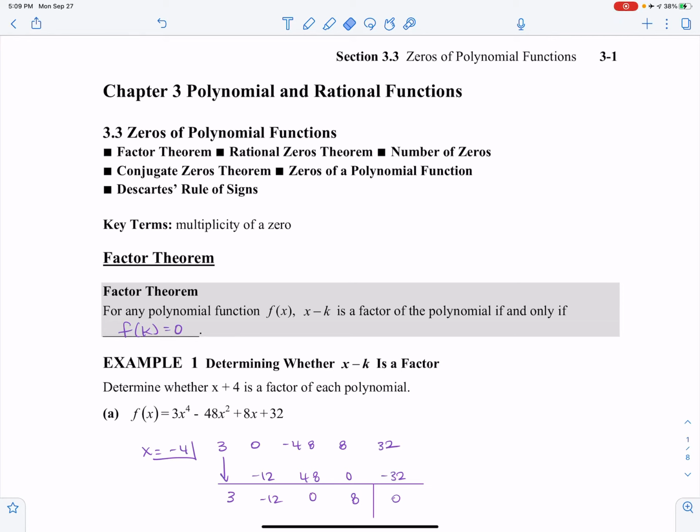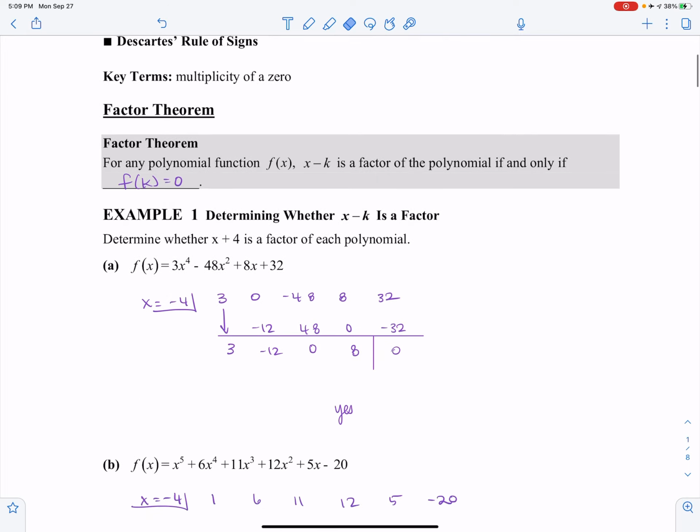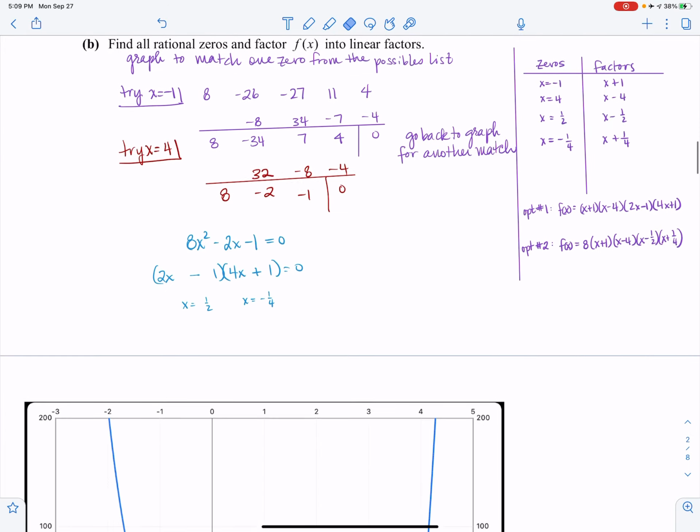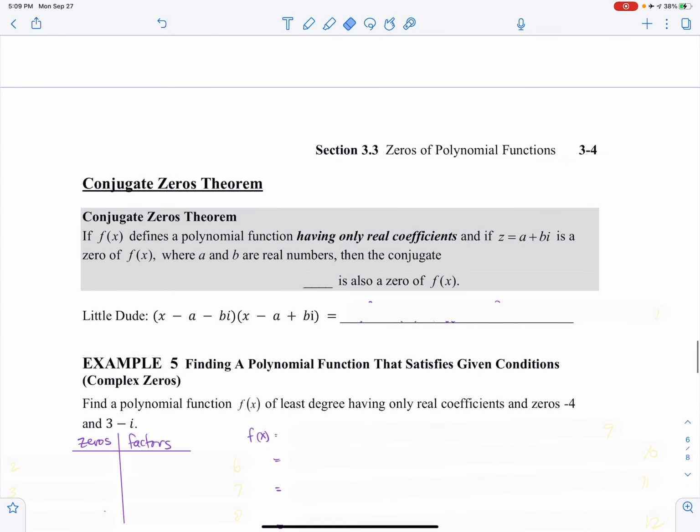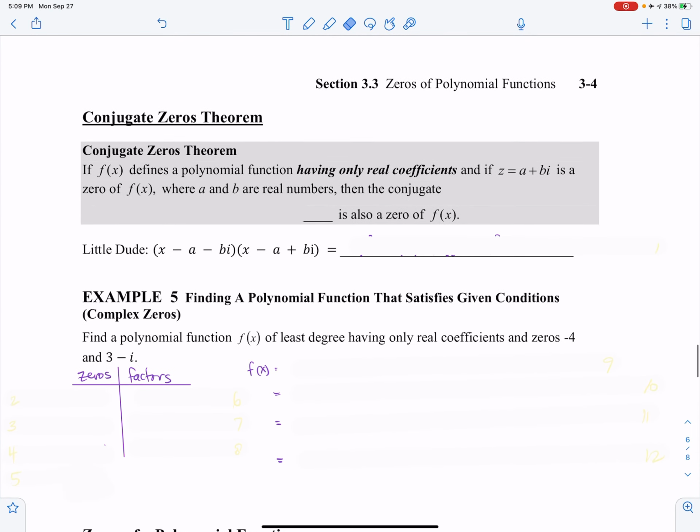Here we are still in section 3.3, only this time this is going to be video number 3. And we're going to be dealing with complex zeros in video number 3. So if you'll scroll all the way down to page 3-4, and we're going to talk about the conjugate zeros